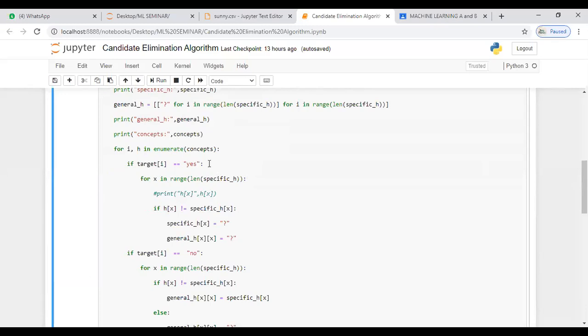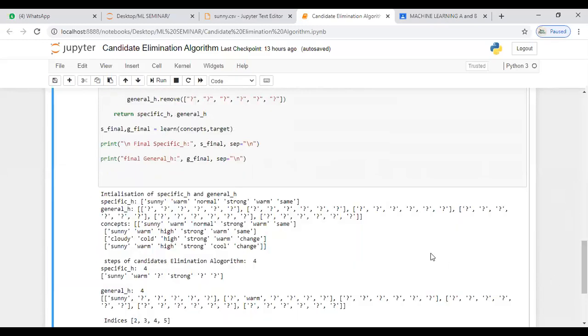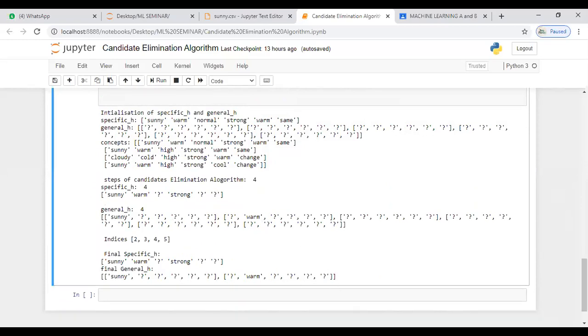We have three positive records, so after each execution one by one, you got the final output as sunny, warm, question mark, strong, question mark, question mark.